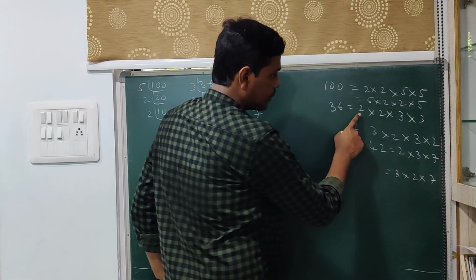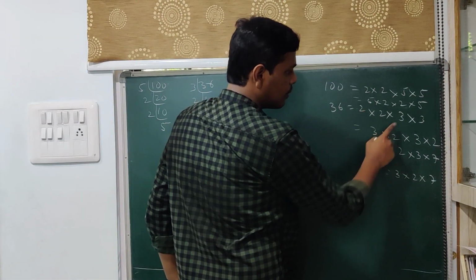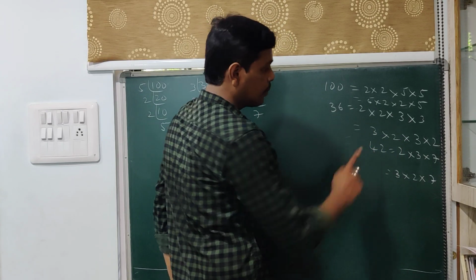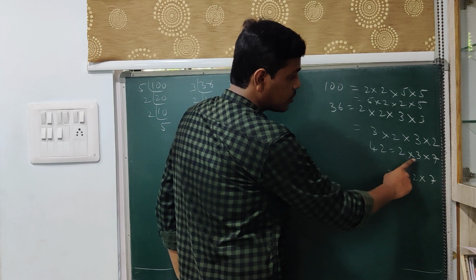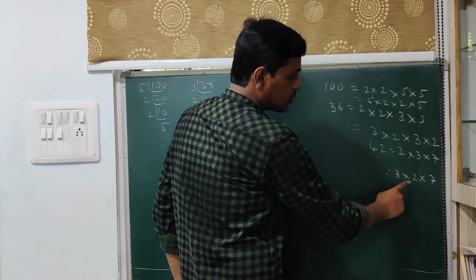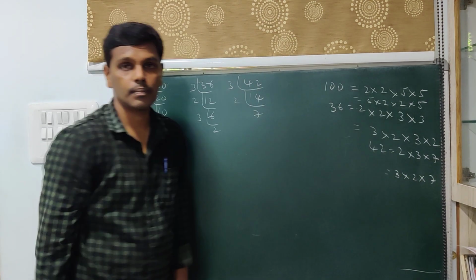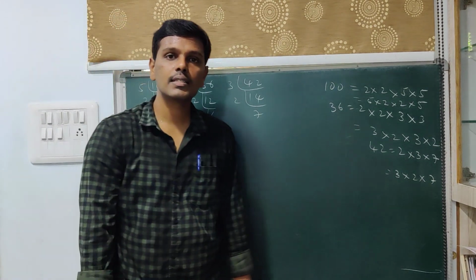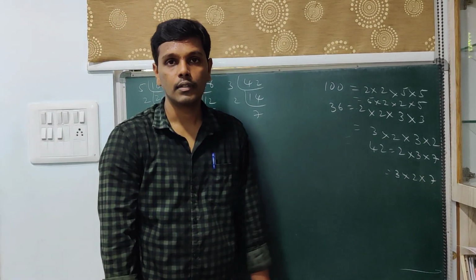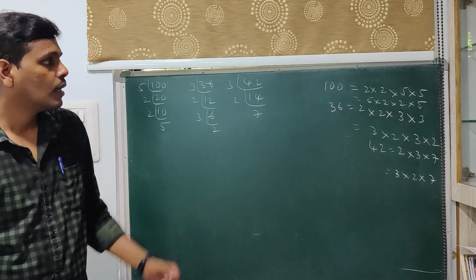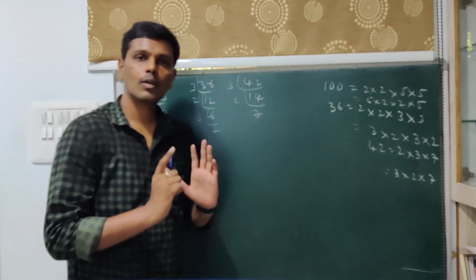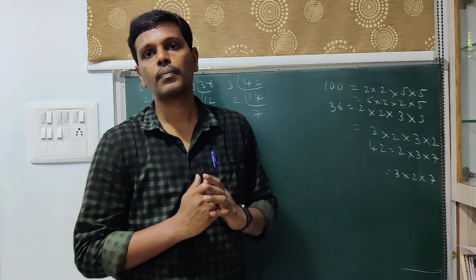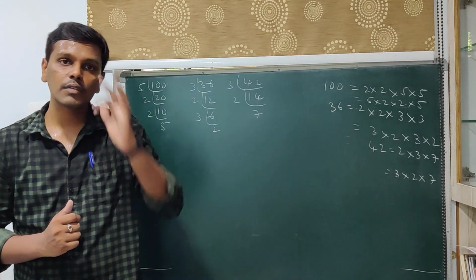Here also, if you look, the prime factors are 2 and 3. Here also the prime factors are 2 and 3. But the order in which they occur is different. Similarly, here the prime factors are 2, 3, 7. Here also 3, 2, 7. The prime factors are the same, but the order in which they exist is different. Therefore, we can say that given a composite number, as we have concluded earlier, you can write that composite number as the product of its prime factors. That is one observation which we have made.